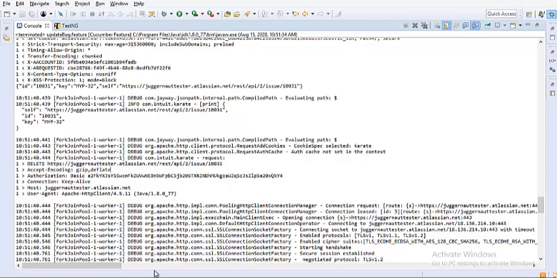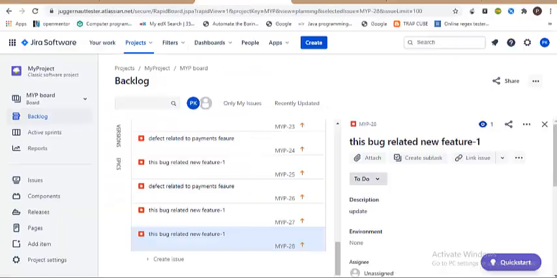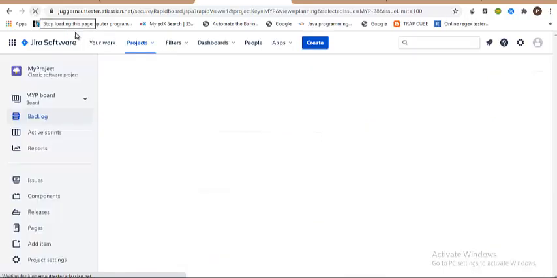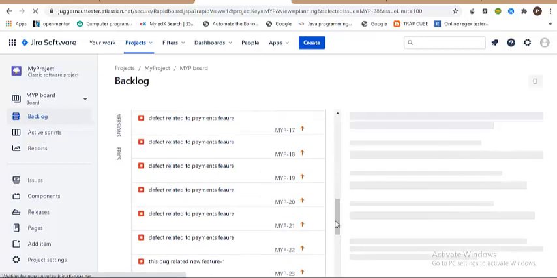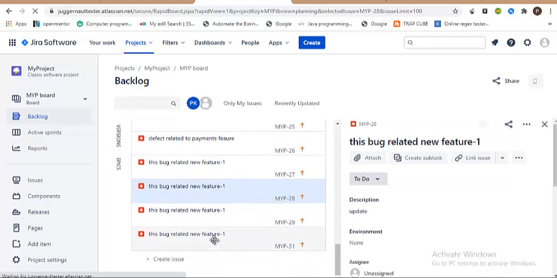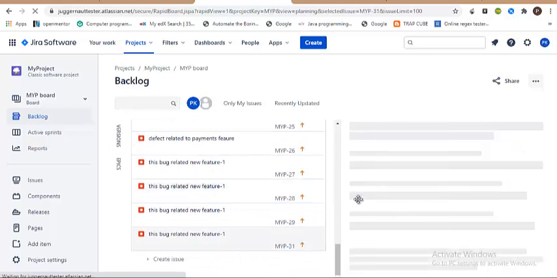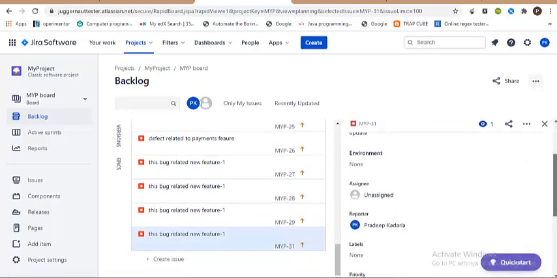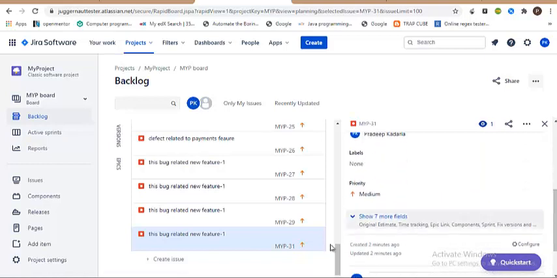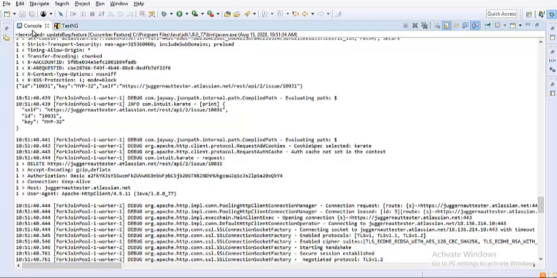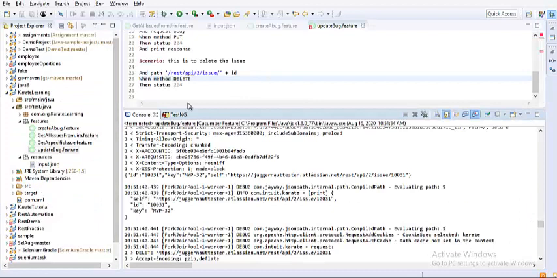So now let's just go and see what has happened here. Just refresh the page, and we should not be seeing that record at all. So let me just come down. See guys, the 30th record is not present. We have the 31st record. So after MYP 29, MYP 30 is missing, which means the record got successfully deleted. So this is how the chaining process is done, and how you can reuse the output of one feature file